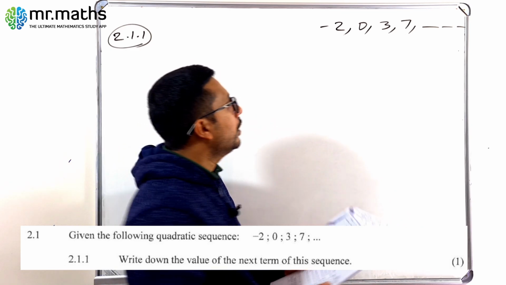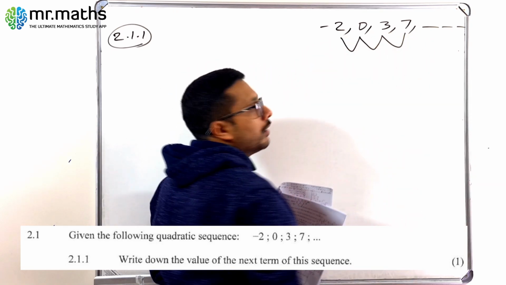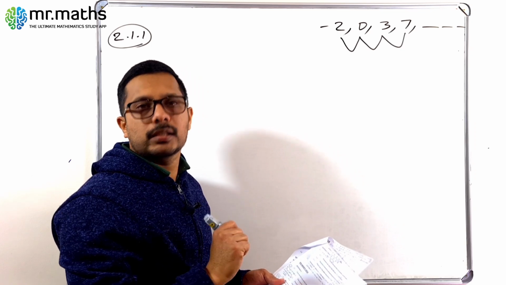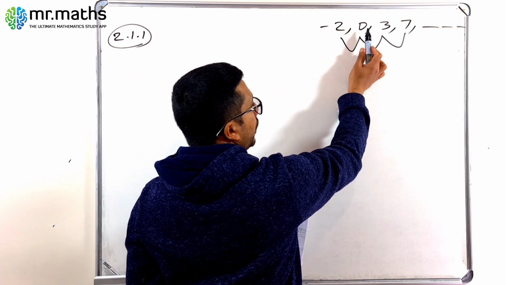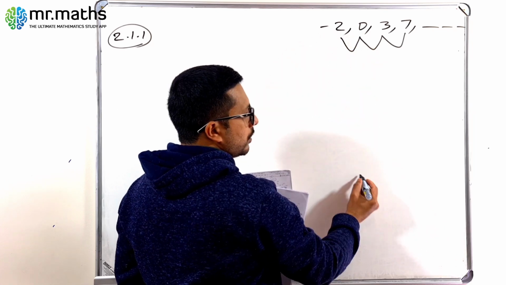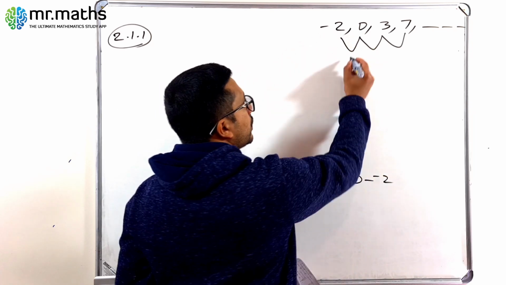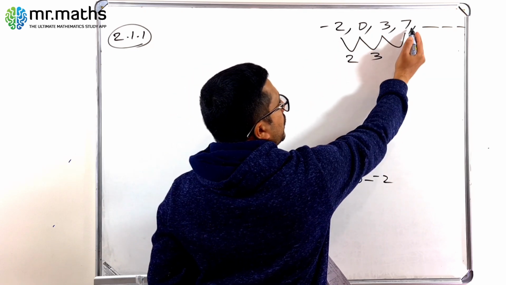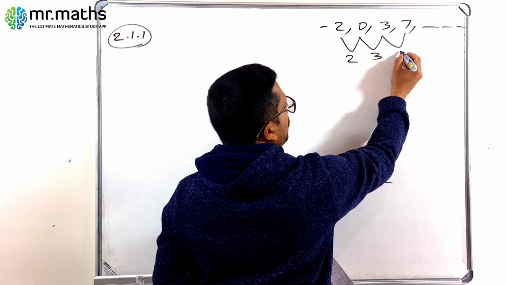Okay, so you know that if it is a quadratic sequence, you can find the first difference and second difference, and the second differences are equal or the same. Okay, so let's try to find the first difference. 0 minus minus 2, that is 0 plus 2, so it is 2. 3 minus 0, 3. 7 minus 3, that is